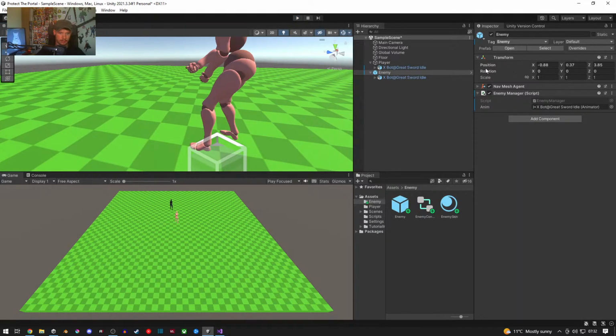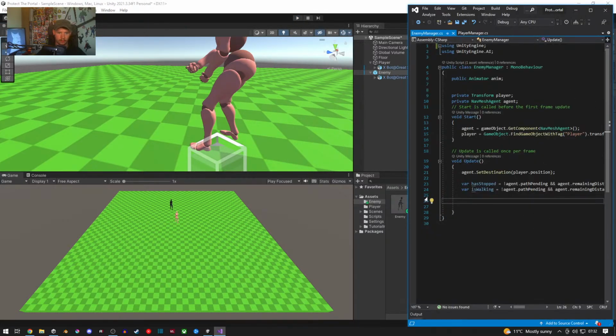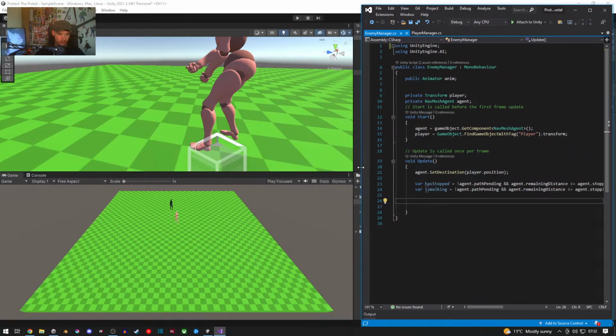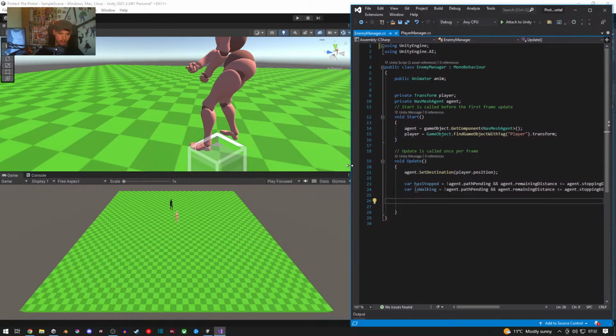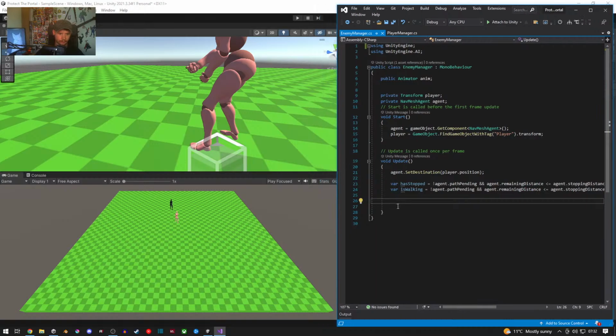So let's set up his animations. What do we need? Let's just make that bigger while I'm coding. So now I've got the animator set up. He's walking. So if he is walking, then we can do